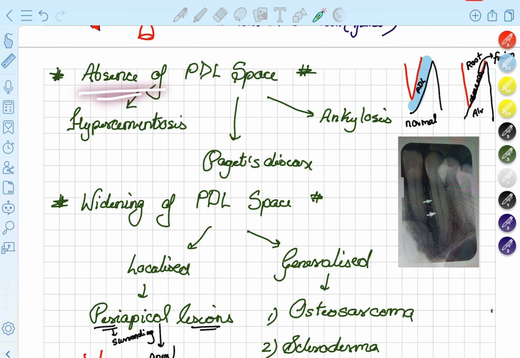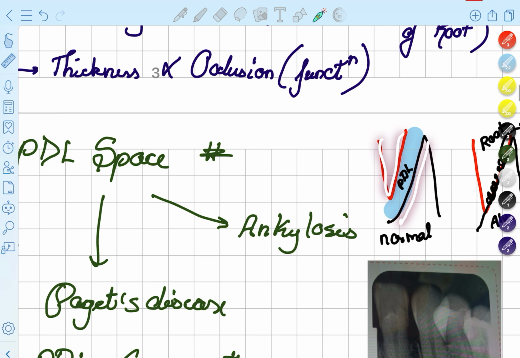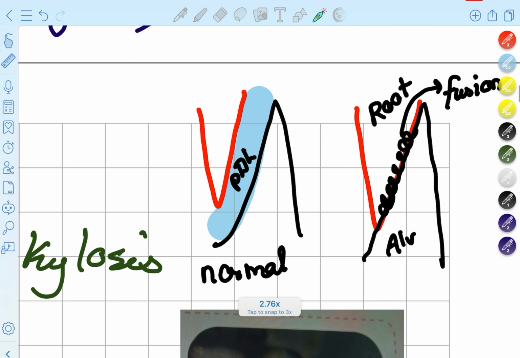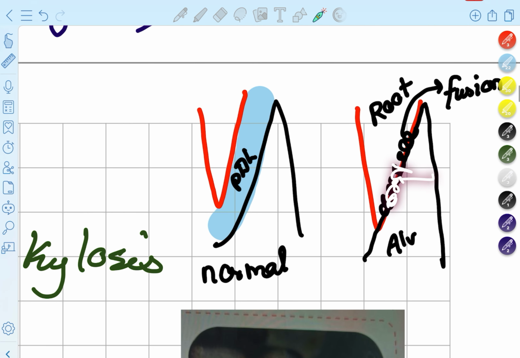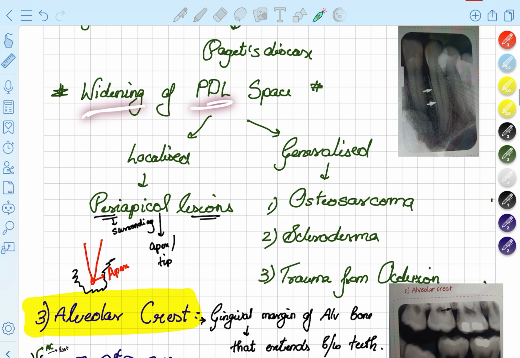Absence of pedial space is seen in hypercementosis, Paget's disease, and ankylosis. Ankylosis is nothing but the fusion of the tooth and the bone. This is an ankylosed tooth, as there is no periodontal ligament. So, this was about the absence of pedial space. Widening of pedial space is very important. In localized conditions, it is seen in periapical lesions, and in generalized conditions, it is seen in osteosarcoma, scleroderma,